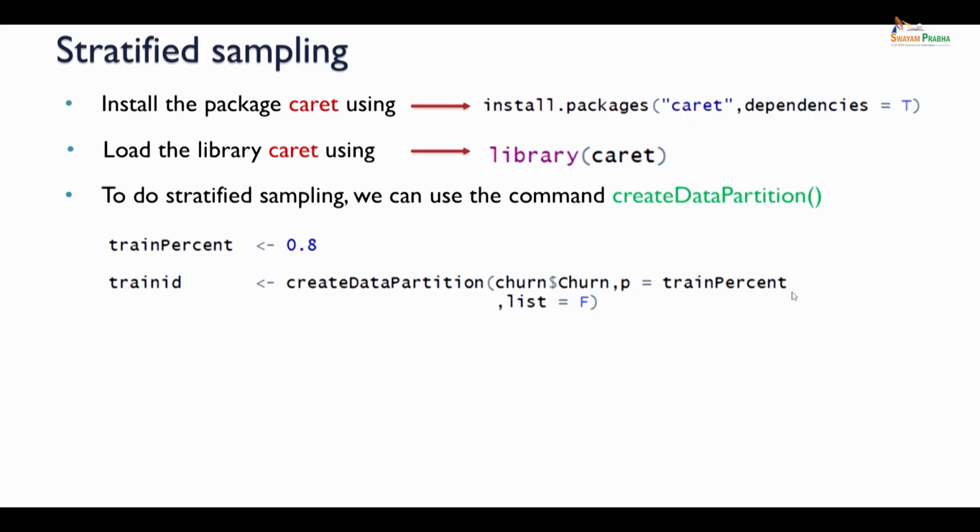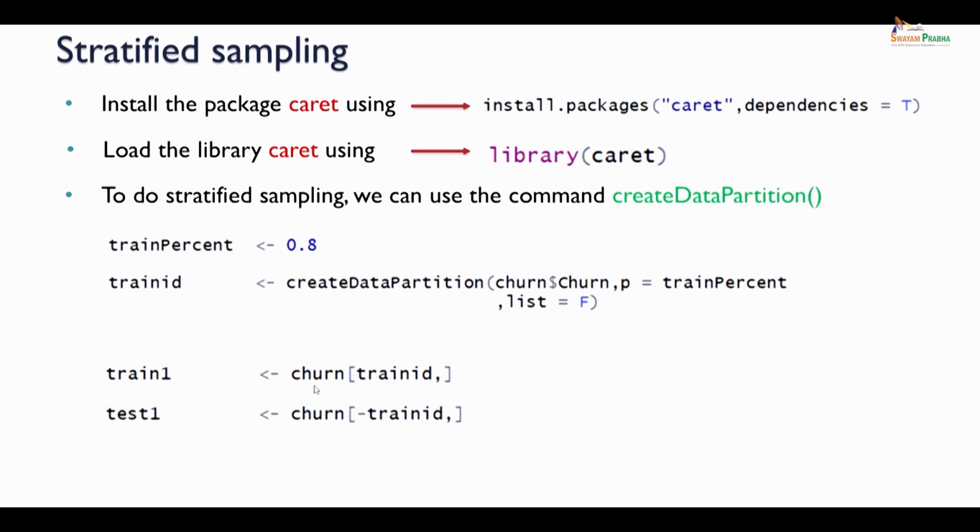And I am specifying my p equal to train percent, that is nothing but 0.8, and list equal to false, since I am not going to represent my result in terms of a list. So, by doing that, the sample IDs have been saved to a data frame called train ID. To get the train observations, you can use a similar method to the one we used for simple